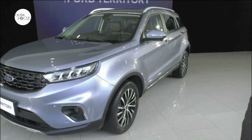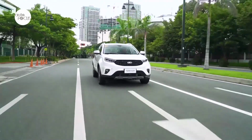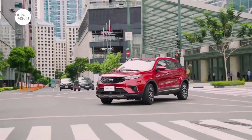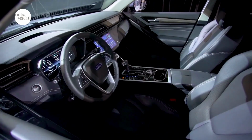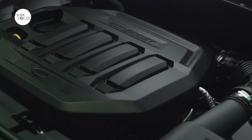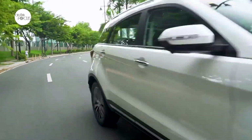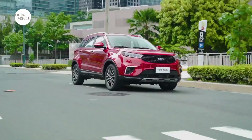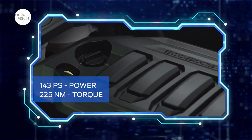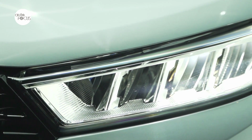The brief walkthrough may not be enough to truly showcase the new Territory, what to highlight and emphasize. The sleek and stylish but still unmistakably Ford look, the smart and safe technologies, the 1.5L EcoBoost engine mated to a continuously variable transmission with sport mode that delivers 143 PS and 225 Nm of torque, or the all-LED headlamps,